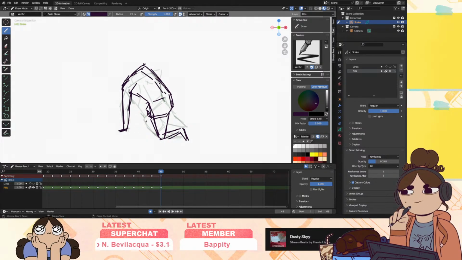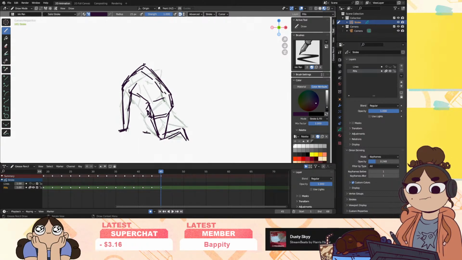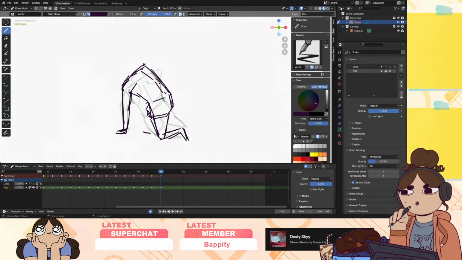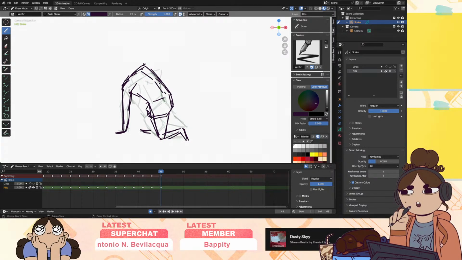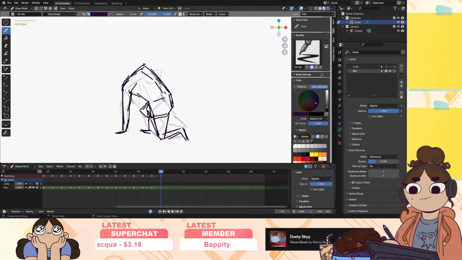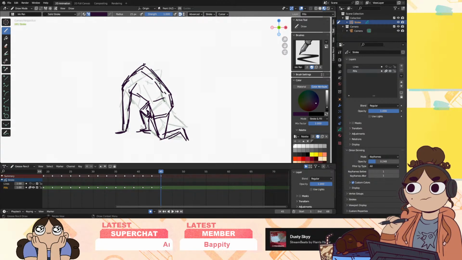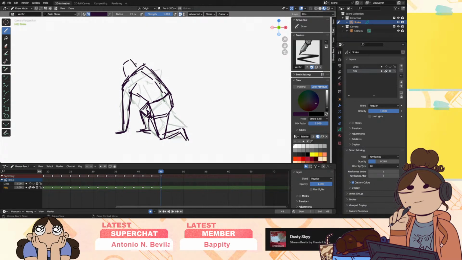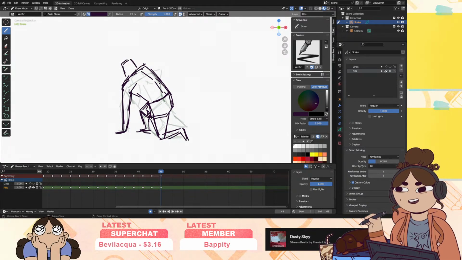Actually, it's got to be just slightly higher. This arm should be down here then. You pay more attention. So this is where the foot is. Like that. Let's do this head. There. And